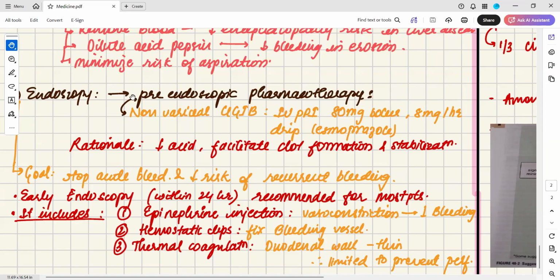But after endoscopy, we also have to look for post endoscopic pharmacotherapy, in which we